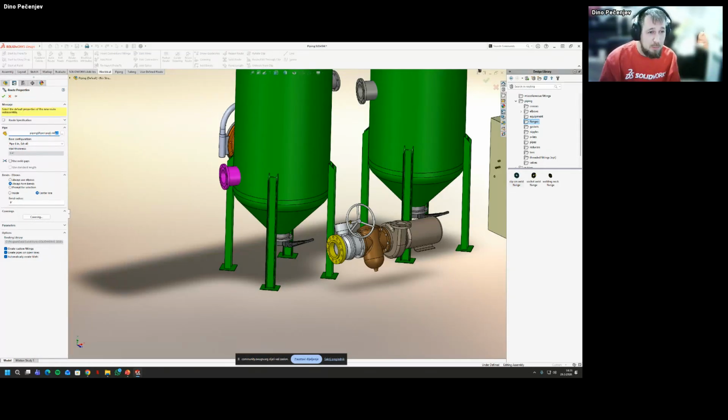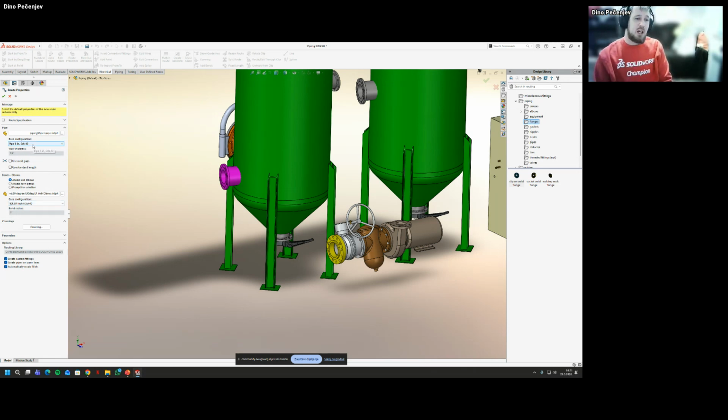So here's the pipe. If I need, for example, a different pipe with different material, I can select it. Bends and elbows, I can say use form bends, or I'm going to use elbows here. And what is a good thing here, it automatically sets the appropriate configurations.